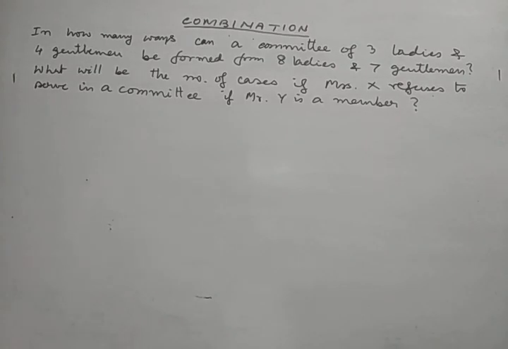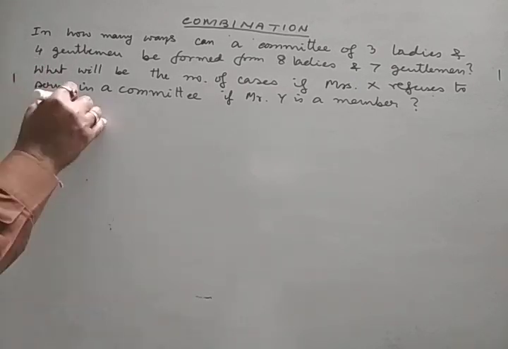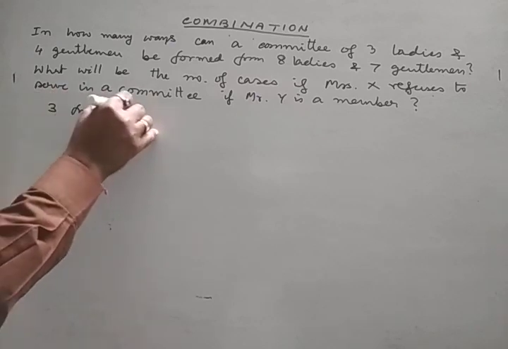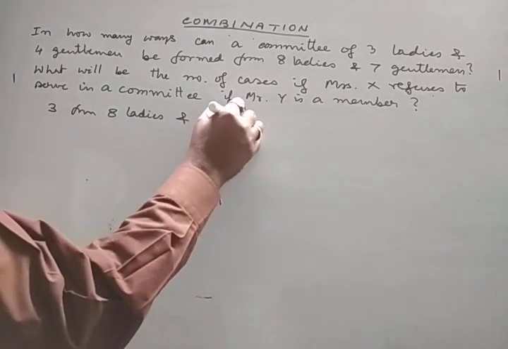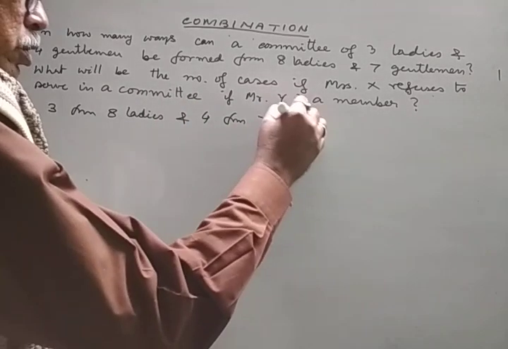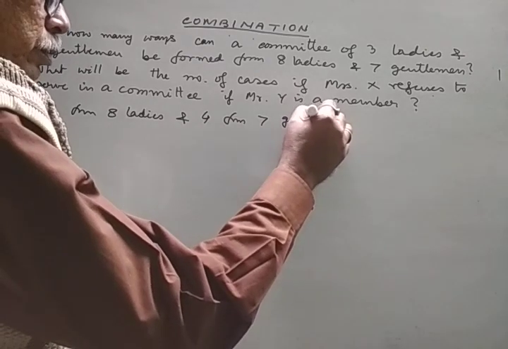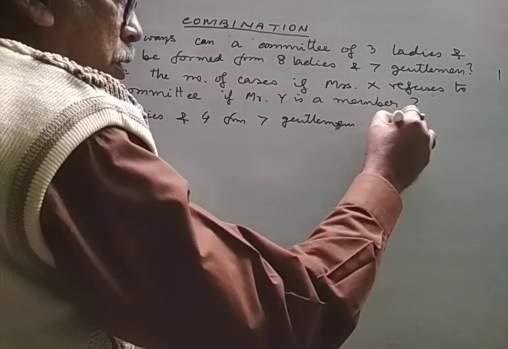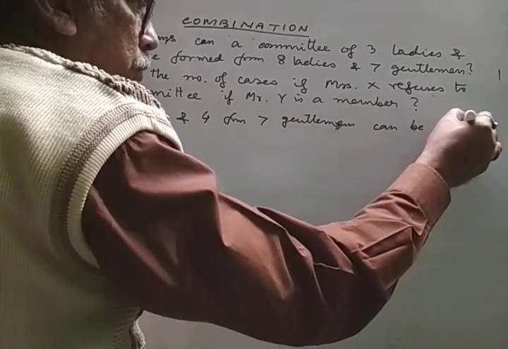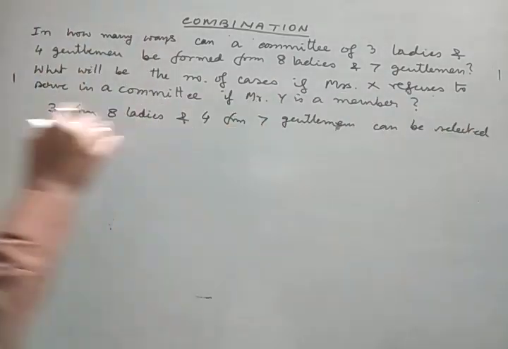In how many ways can a committee of 3 ladies and 4 gentlemen be formed from 8 ladies and 7 gentlemen? The 3 from 8 ladies and 4 from 7 gentlemen can be selected in